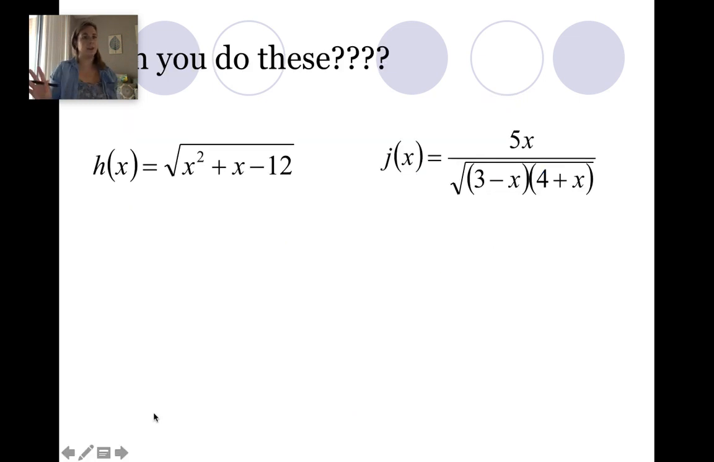So if you haven't paused the video to try any on your own, try these two. And when you're ready to go over them, unpause, and I'm going to go over them. So